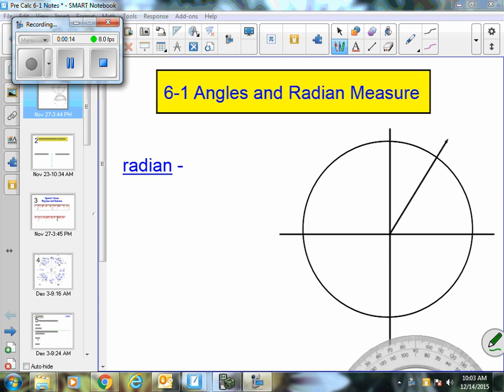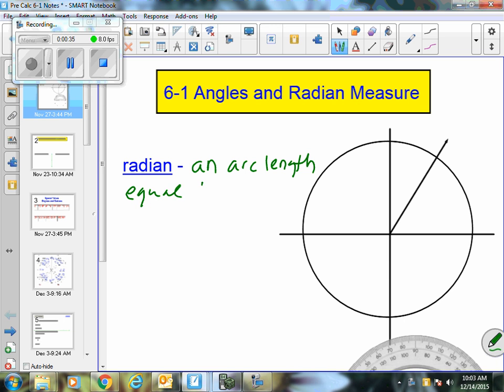So 6-1 is all about what a radian measure is. So this idea that there's another measurement tool to measure an angle instead of just using our degree measurement, which is what we've been using for the triangle. So in chapter 6, we start talking about what a radian is, which is basically an arc length equal to the radius of a circle. So when we talk about a radian, comes from the word radius, the arc length is equal to the radius